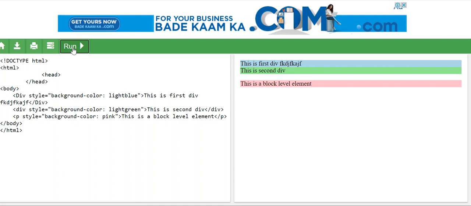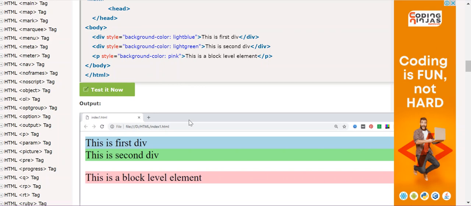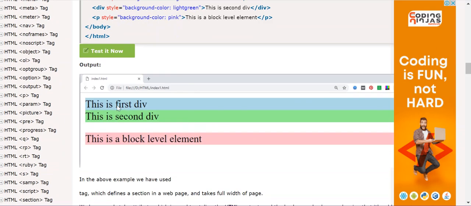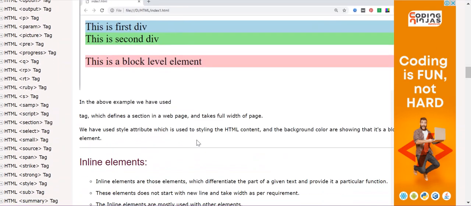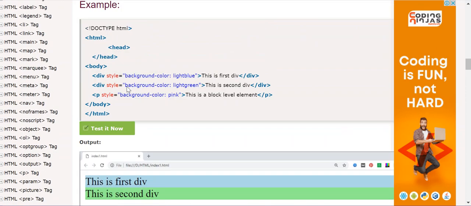So if you want these two things together, then you should use a div tag. If you want some space in between, then you will have to use a paragraph tag. So you should know what tag to use, and it all depends on your requirement. You will have to give it as per how you want it. But anyways, these are all called as the block. This is one block, this is another block, this is another block. Okay, a paragraph is a block by itself. So these are all called as block level